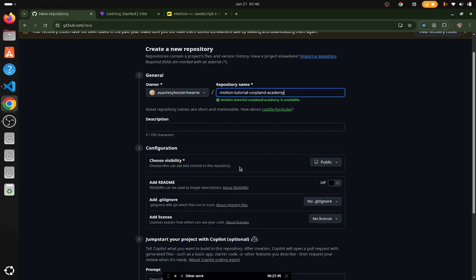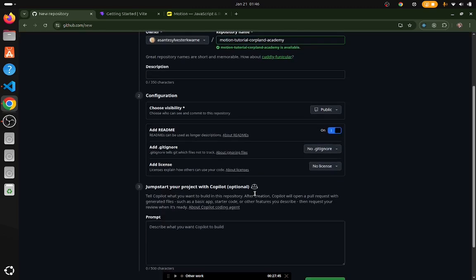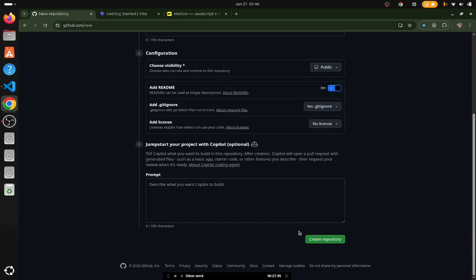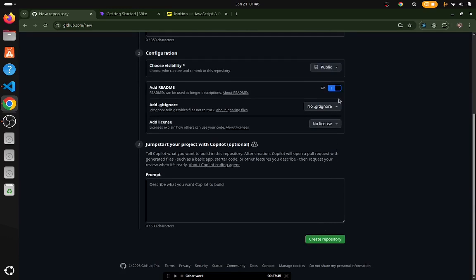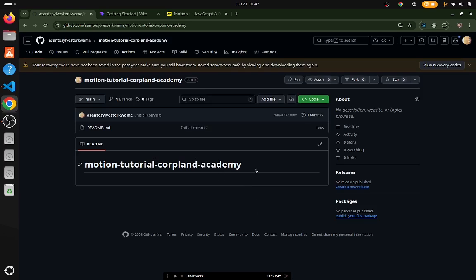Right. So then the next thing is, if you want, you can pass in your description, but it's not important. The next thing is we want to set it to public, because I'm going to have to share the URL to the repository in the description so you can check it out yourself. And we are going to enable readme, because enabling readme just makes the whole process a whole lot simpler. There's a reason for that, right? So yeah, just enable the readme and click on create repository,